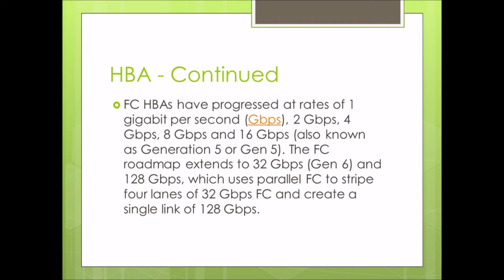We get different speed HBA cards. Okay, so in earlier days we used to get it with the speed 1 Gbps. We get 2 Gbps, 4 Gbps, 8 Gbps and 16 Gbps HBA cards also. When we say Gbps, it is the unit to measure the speed of a SAN infrastructure. So it stands for gigabit per second. Our technology is ready with the 128 Gbps speed also. So it depends whether you require that much speed HBA card or not.